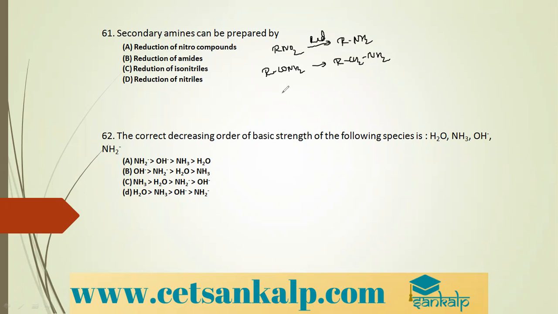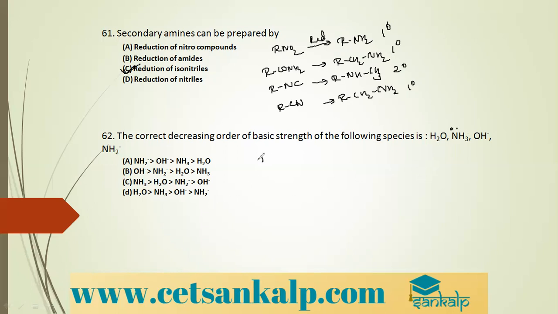Reduction of isonitriles, RNC. What do you get? RNHCH3. This is primary. This is primary. This is secondary. Last option, reduction of nitriles, RCN. I get RCH2NH2. I get primary. So only in case of reduction of isonitriles, I get secondary amines. Yes. Next question. The correct decreasing order of basic strength of the following species: water, ammonia, OH minus, and NH2